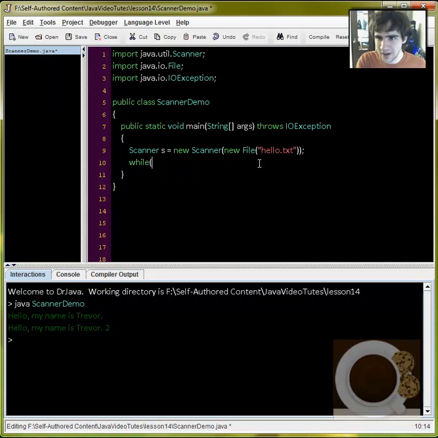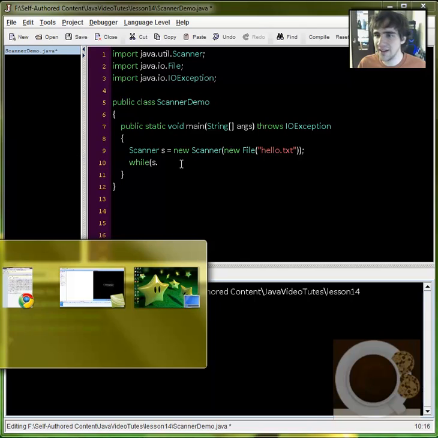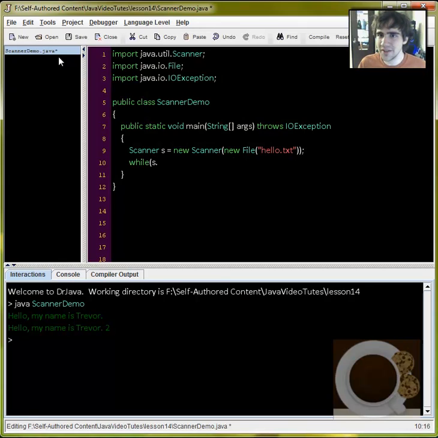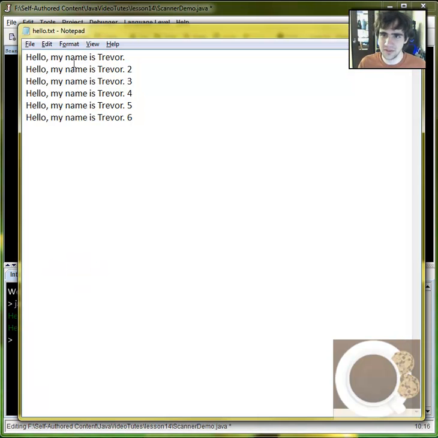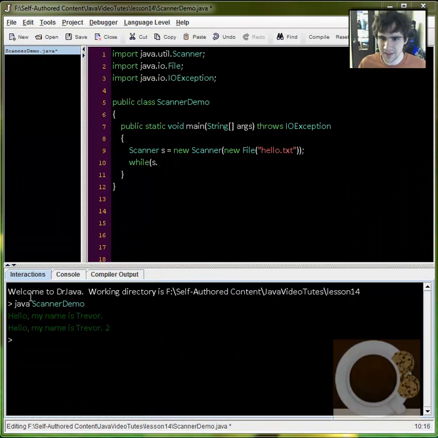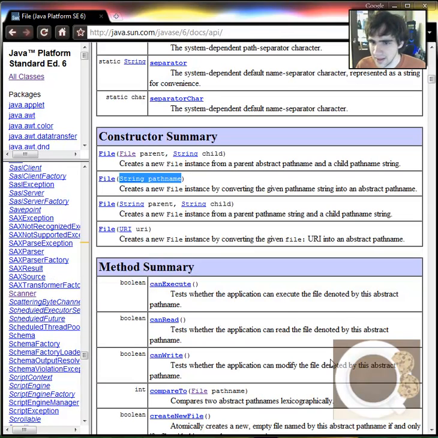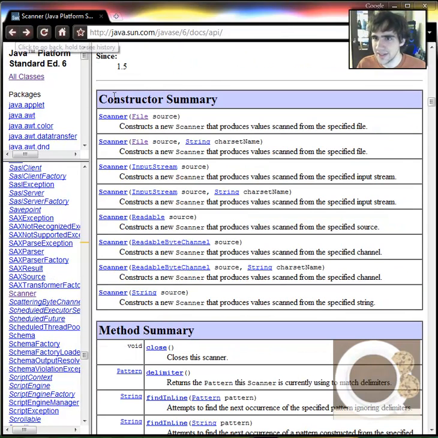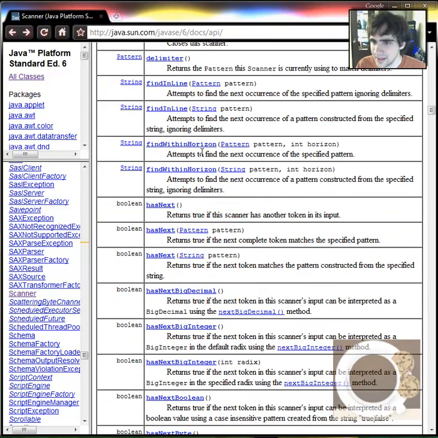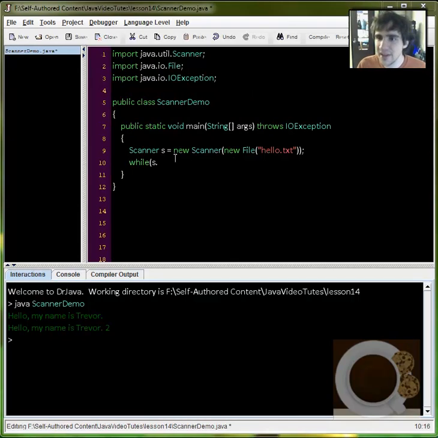So let's use a while loop, while s dot. Now we need to find out how, like we want to run this while there are more lines to be thrown out. So let's look at the API here and go back to my scanner class, and you see this has next method. It's a boolean, returns true if the scanner has more tokens, more things to scan. So we say while s.hasNext,